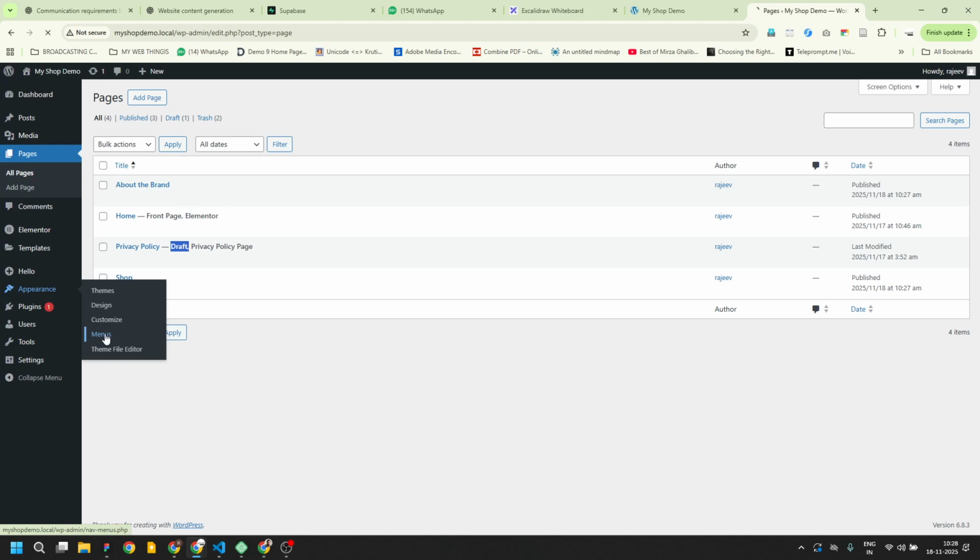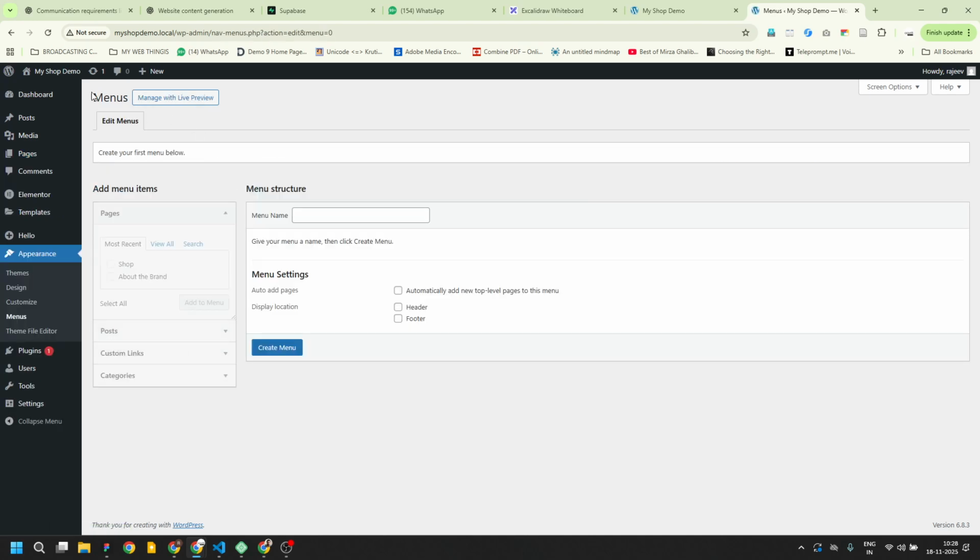So let's click on menus, and that takes us to a page where we can edit and create our menus. So it says create your first menu below. So let's give it a name, and this name will not appear anywhere, but is just for our reference. In case we have multiple menus, we should be able to choose the one we intend to use. Now,